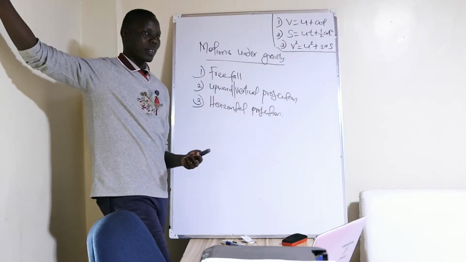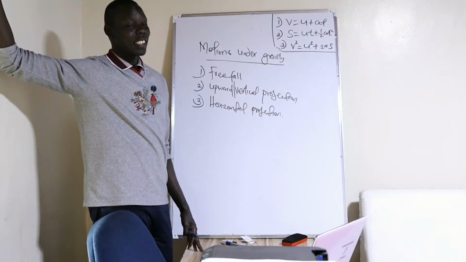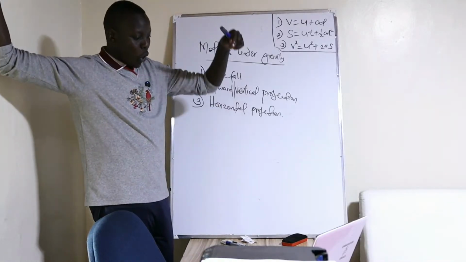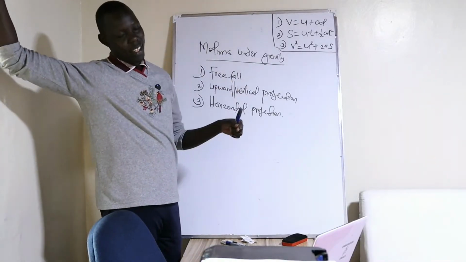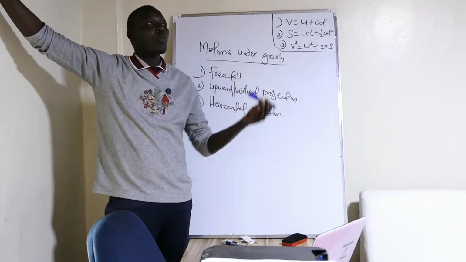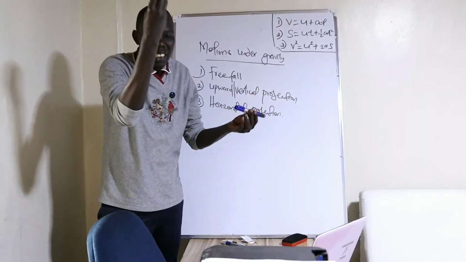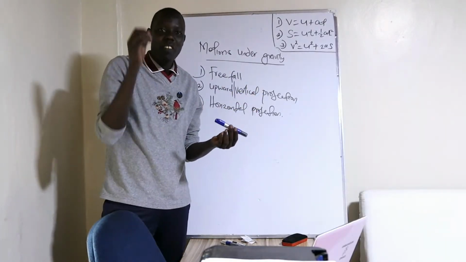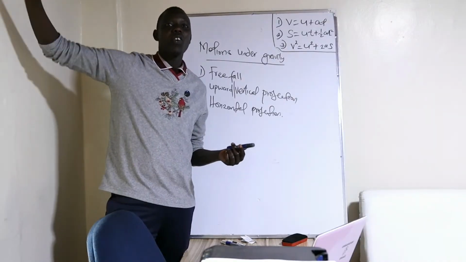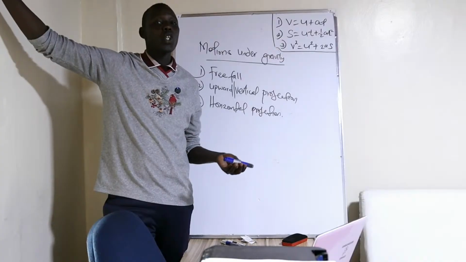The reason is because there is what we call gravity. Gravity in this case moves towards the center of the earth. And therefore, if an object is going against the gravity, like the object you are throwing it upwards, it's going against the gravity. The gravity will be pulling it where? Downwards. It is the gravity that is responsible for the retardation or the deceleration of that object you are projecting